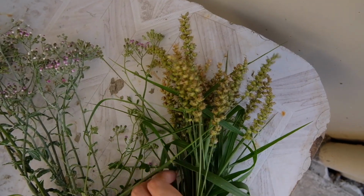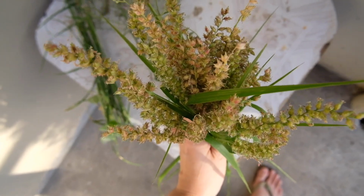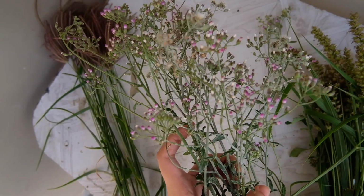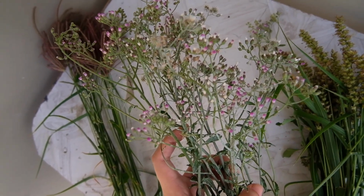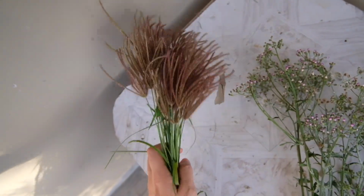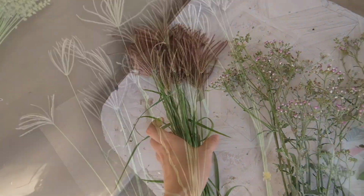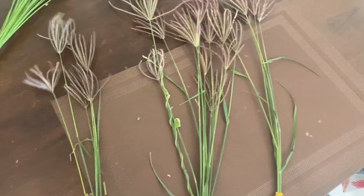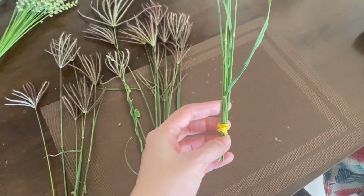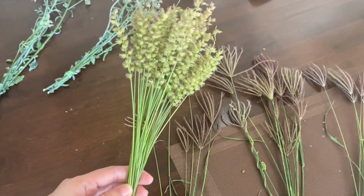Okay, so eto na yung mga na-harvest natin. We've got this bundle of tumutusok na damo. And then this one, by far my favorite one. And finally, we've got this other bundle here na I think one of the most common na damo na makikita nyo dyan sa tabi-tabi. For this maroon na blooms, ginroup ko siya into 3 and then tinay ko siya using rubber bands as well. Ito namang isa, inalis ko lang yung leaves niya and then pinagsama-sama ko na siyang lahat